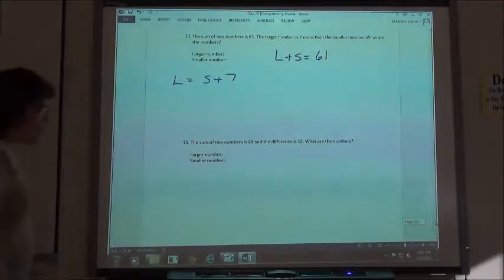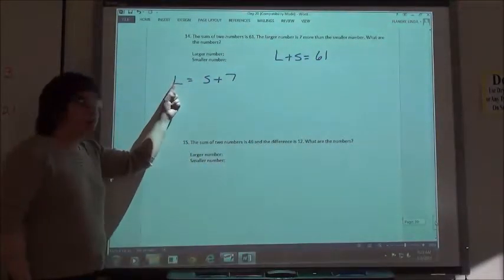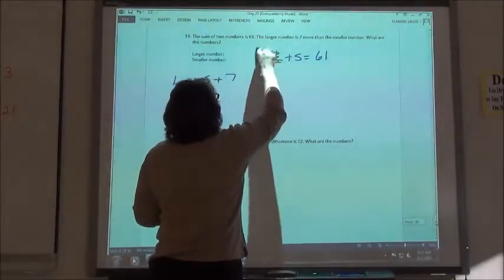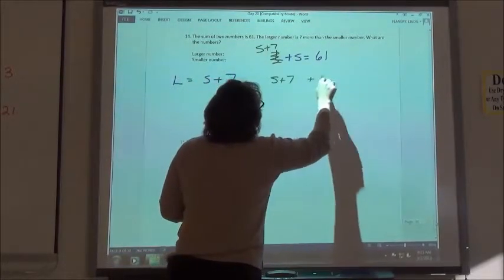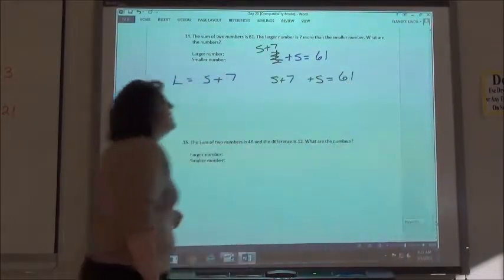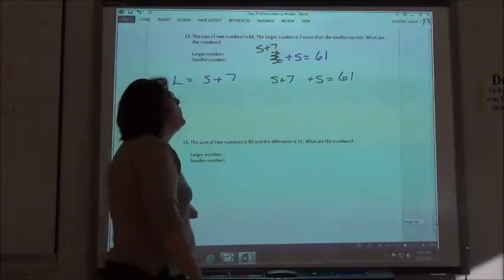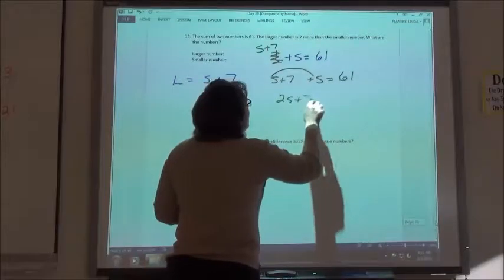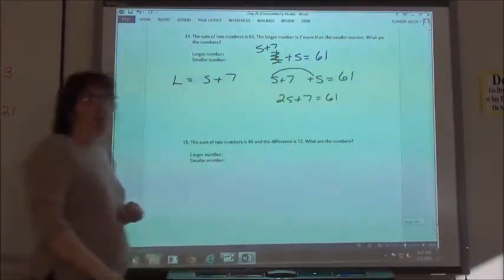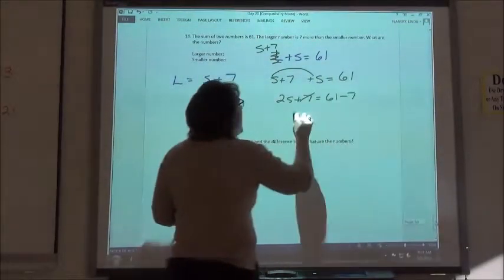So again, we can solve by substitution. We are going to replace the L with our S plus 7. So we have S plus 7 plus the S that was there equals 61. So combining our like terms, we would get 2S plus 7 equals 61. Then we would subtract the 7, subtract our 7, and we would have